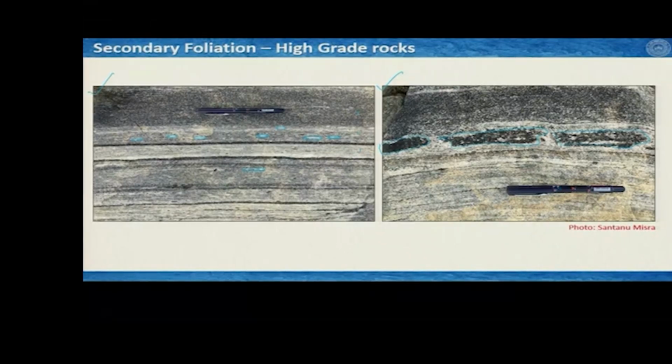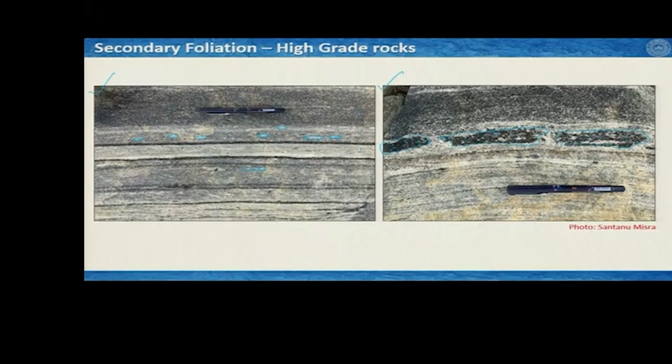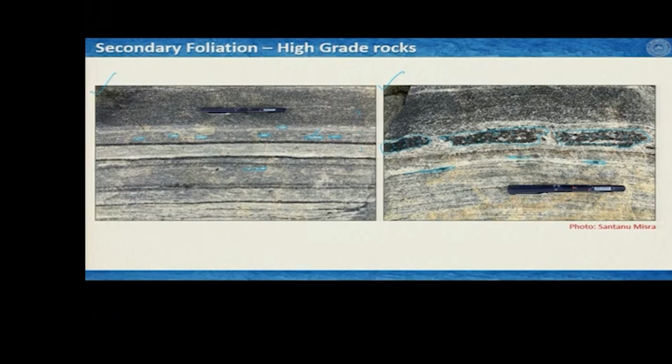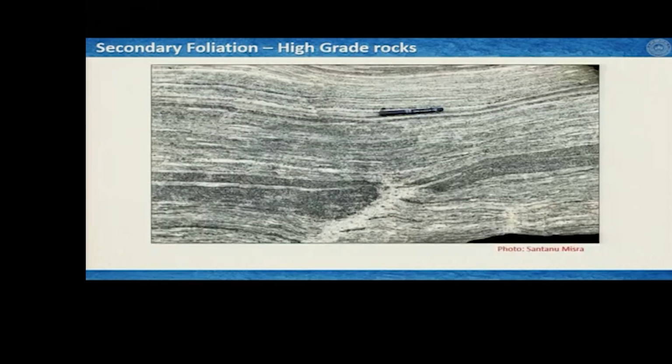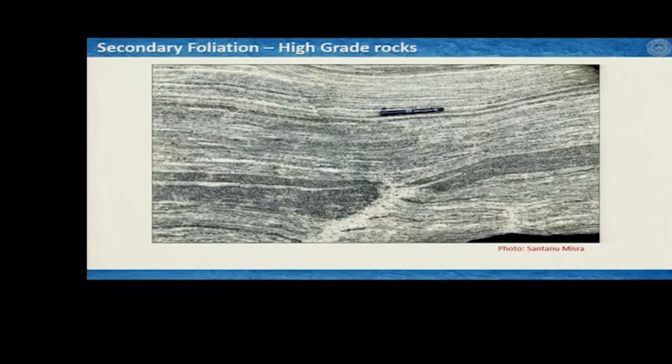So, these are some dark minerals, and here again you also see the features we saw here, and this clearly defines that these are your secondary foliations and so on. You can also see in the next slide that this actually is a fantastic secondary fabric, and here as well you see this kind of